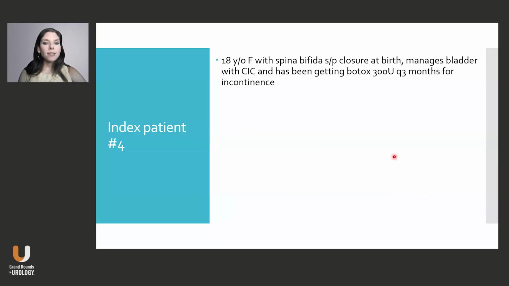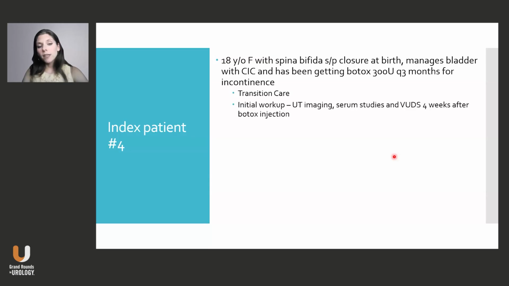All right, and my last index patient is this 18-year-old female with spina bifida. She had a meningeal seal closure at birth. She manages her bladder with CIC, and she's been getting Botox 300 units every 3 months for incontinence. Okay, so this is a transition care patient, which is interesting, and it's actually a whole talk in and of itself,